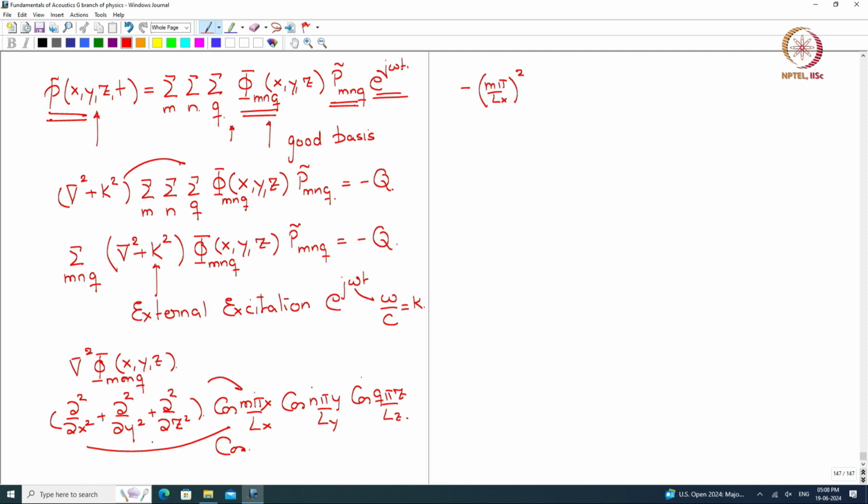Similarly, the y operator on this twice gives me minus n pi by Ly, again a cos, and similarly the z operator on this. So, I will get minus m pi by Lx whole squared minus n pi by Ly whole squared minus q pi by Lz whole squared. That is what I will get, is del square operating on phi m and q,